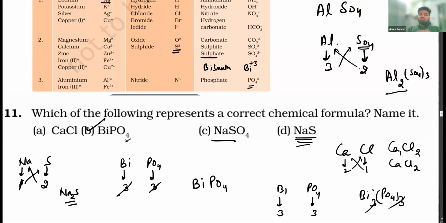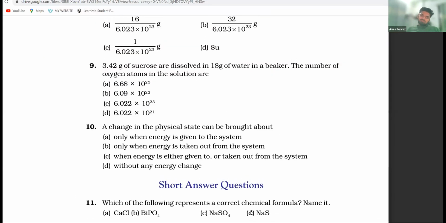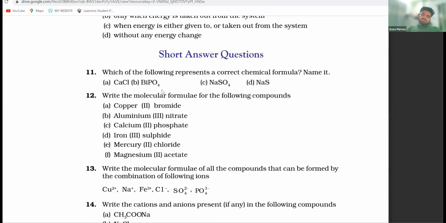Nabila, understood? Yes, sir. There are some questions that you are going to get in your exam and homework, and I'm going to help you with these. Are you done? Yes, sir. Zed, do you have any doubt? No, sir. So these are the compounds that you're going to get in your homework, and you need to write